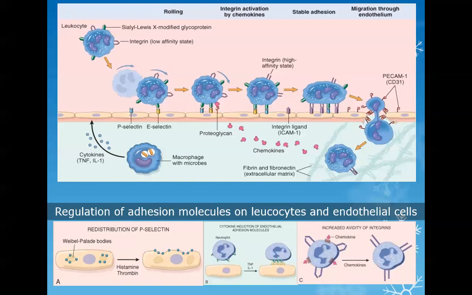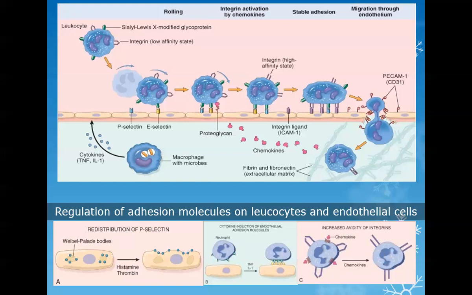Now comes PECAM. This PECAM has the propensity to pull the neutrophil down, outside the vessel. Clear? Now this basement membrane is very strong. So how does this neutrophil cross? Neutrophil has collagenase enzyme. Neutrophil secretes collagenase enzyme, and it is so strong that it ruptures the basement membrane. And as the basement membrane is ruptured, the neutrophils start coming. Clear? Anything, if it is not understood, let me know.